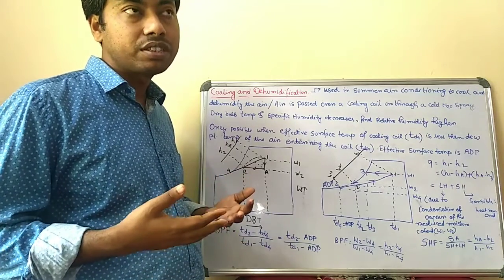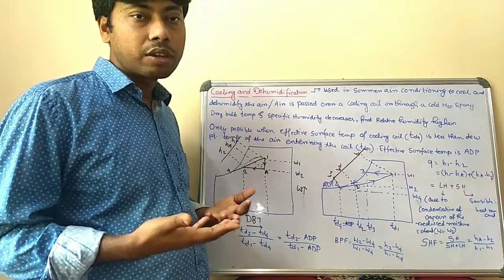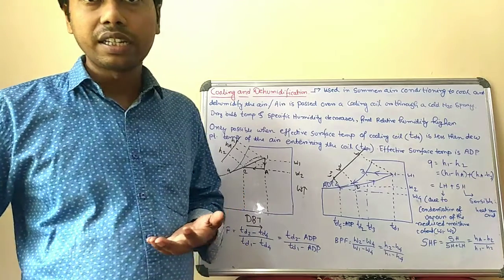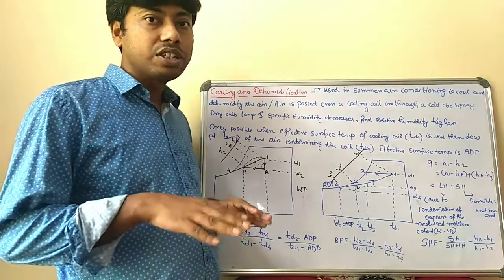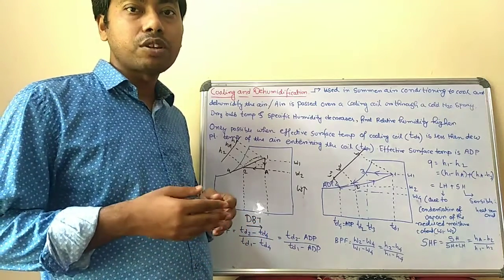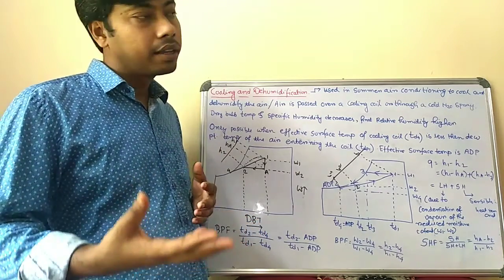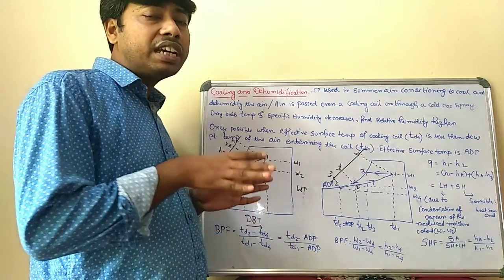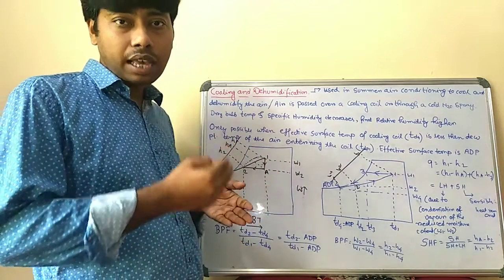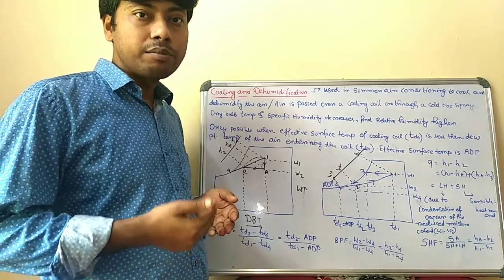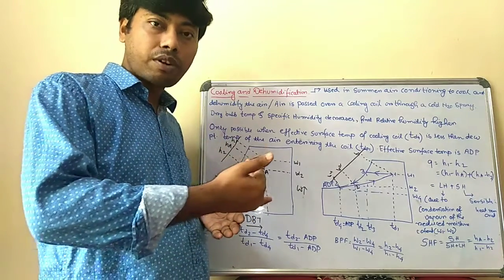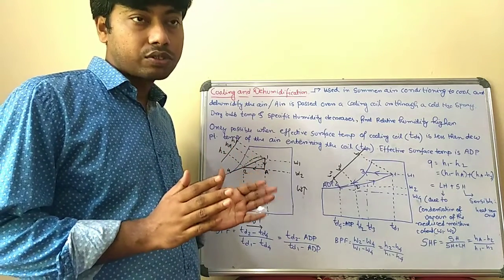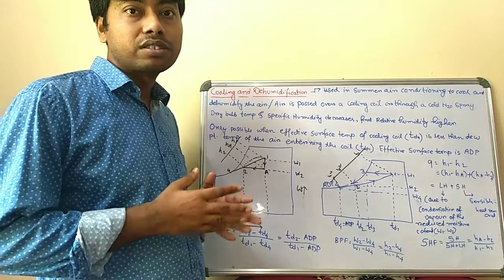As you know, dehumidification is the psychrometric process in which the level of moisture content is reduced. The humidification process means adding moisture to a particular air. Dehumidification means removing moisture from the air. So in cooling and dehumidification, you have to cool and also dehumidify the air, meaning reduce the moisture content of the air. Both processes are done simultaneously in this psychrometric process.